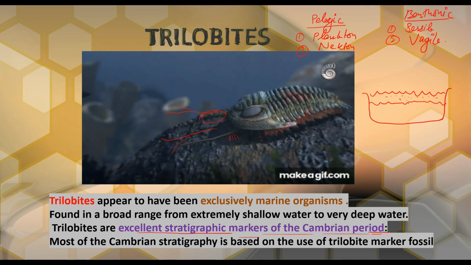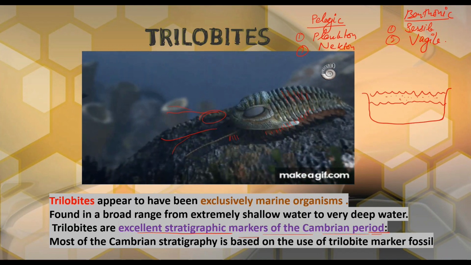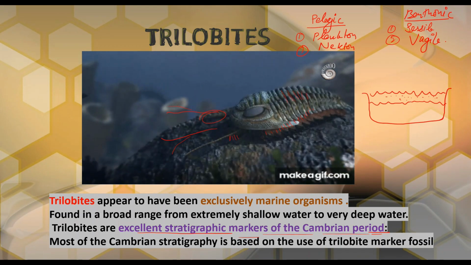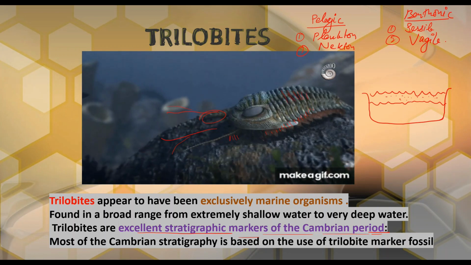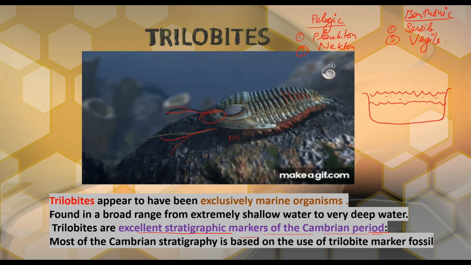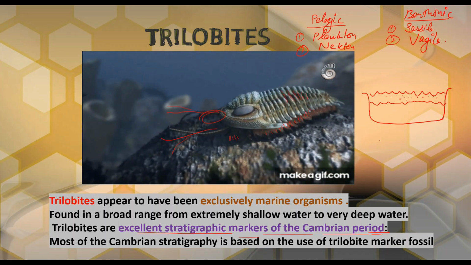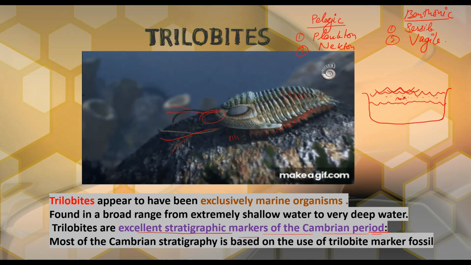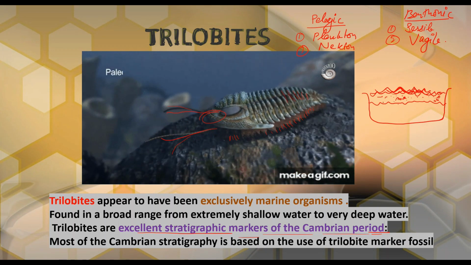And here, of the two terms, plankton have no locomotory organ, which means they have nothing for swimming, like wings or anything else. They are just, you can see, free floaters. Wherever the current or ocean wave takes them, they flow there, right? So they just flow according to the wave or water current, right? But nekton is actually the swimming organism. They will swim here, but plankton move as the wave takes them. But both plankton and nekton are actually pelagic, which live at the upper surface of the ocean.